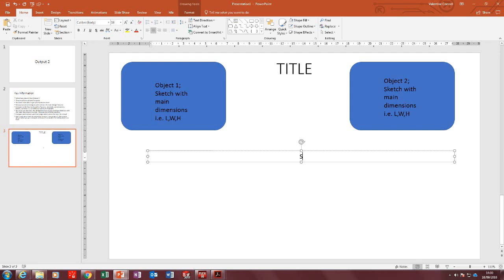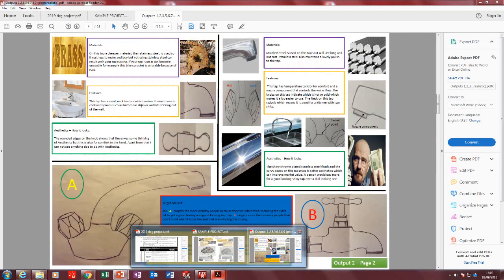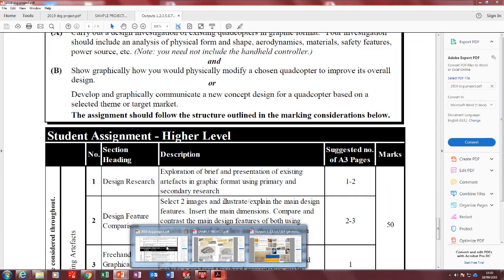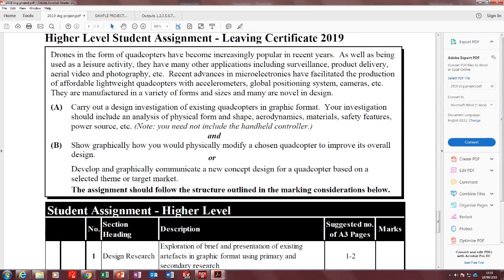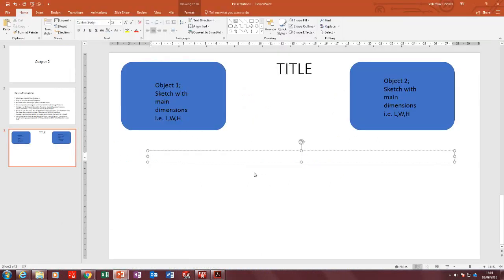A key heading. So I'm going to go with, which one will I pick here? I'm going to go with materials. So, object A